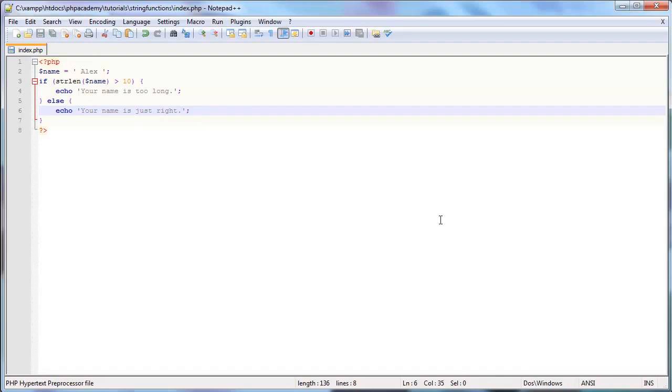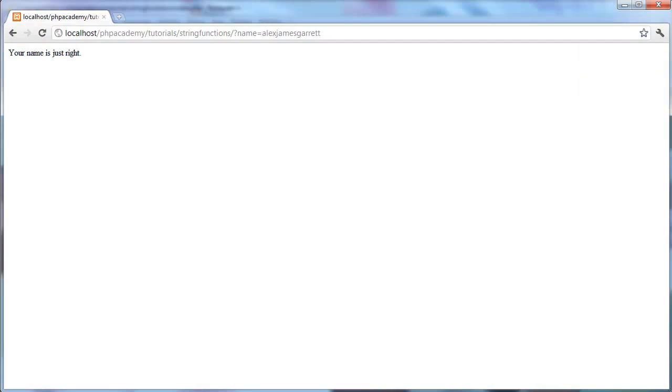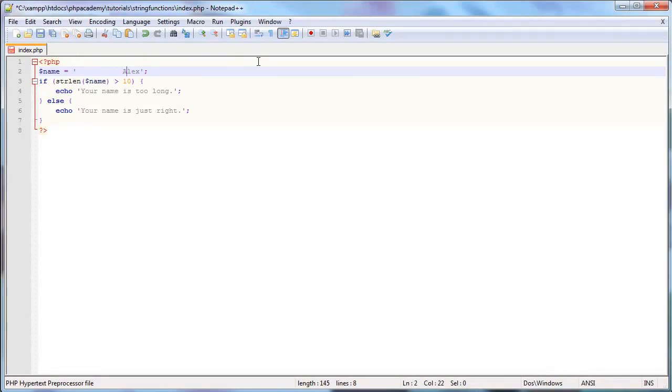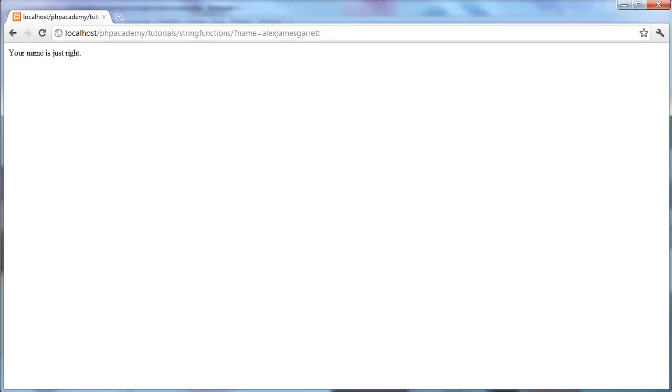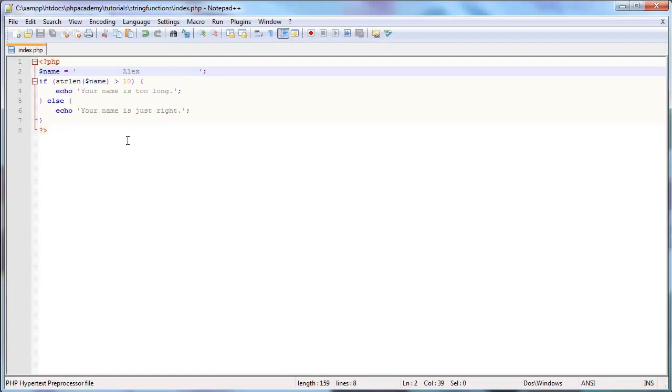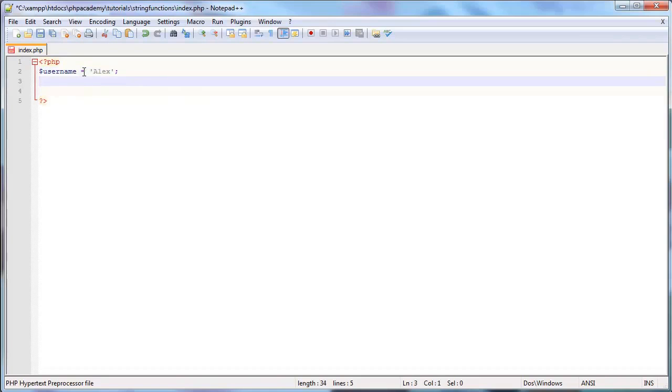Okay, so if the string length of my name is greater than 10, then my name's too long. So when I refresh, your name is just right. Now, what I could do is put a load of spaces in there, and your name is too long. Opposite, you could have validation issues, because if your users can just go ahead and put a load of blank spaces in, then you're looking at potential issues,